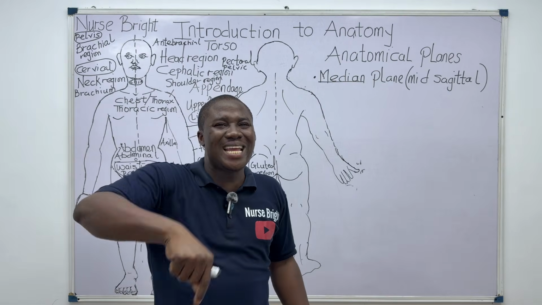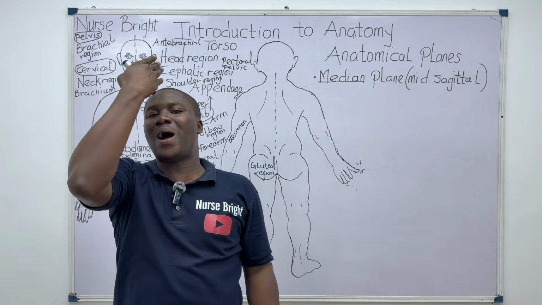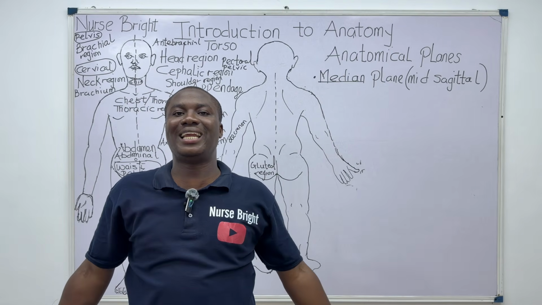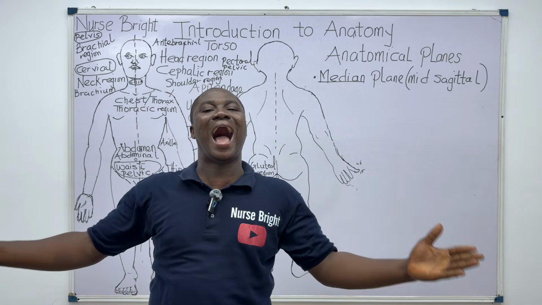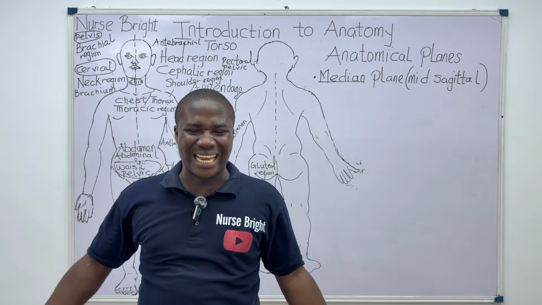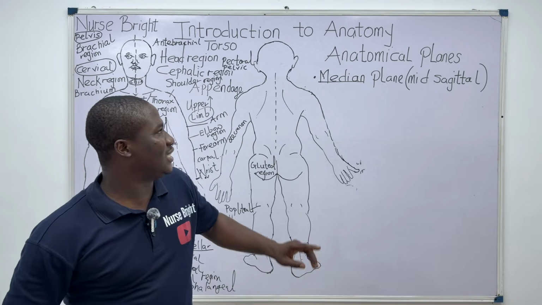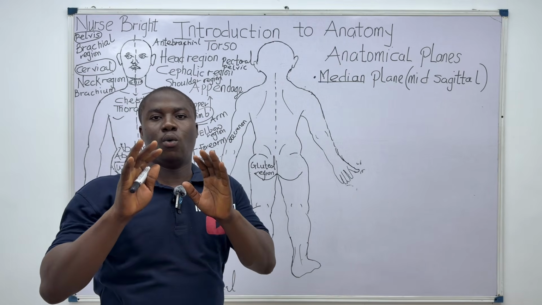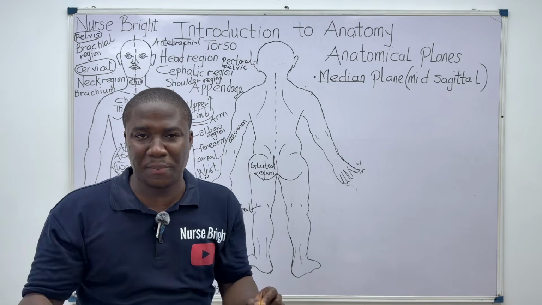So this median plane or mid-sagittal plane is a vertical plane that passes through the exact center of the body, all right, dividing the body into two equal right and left halves. Hope you are aware. All these things are easy, they are not hard at all, right? You can see what we just explained about the median plane, also called the mid-sagittal plane. Now, what is the clinical significance of this plane called the median plane?